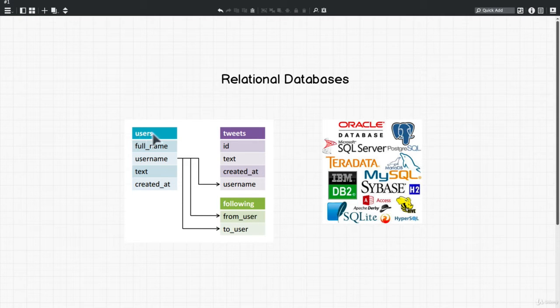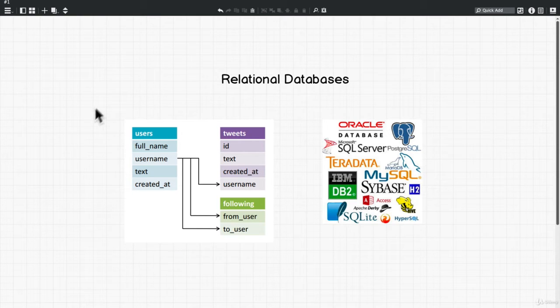So in this case, users is a table, and full name, username, created at are columns, and whatever values they have here are rows. Each row represents an entry, and each column stores a very specific type of information, like name, address, or phone numbers. And then the relation between tables and fields is called a schema. In a relational database, the schema must be clearly defined before any information can be added. And if this is confusing right now, don't worry, we're actually going to create these databases so it makes sense to you.